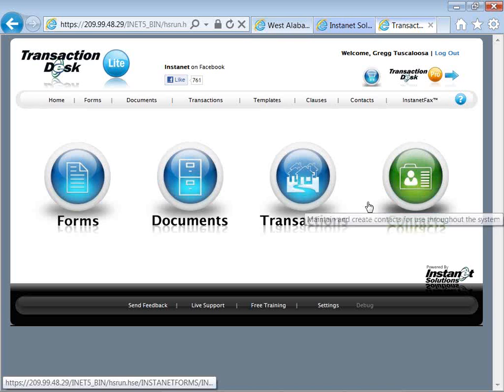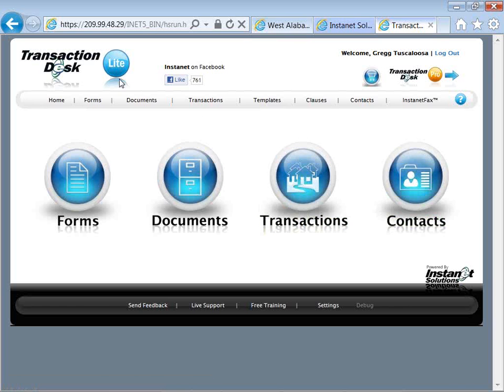And you'll see that top left-hand corner says TransactionDesk Lite, as opposed to the top right corner right now where it says TransactionDesk Pro. It is the same exact account. There are no differences in the two accounts. It's not an upgrade to get to Pro or anything like that. They're two views into the same exact account. The Lite view is just less is more. It's fewer features, fewer choices to get started, just to get introduced to online transaction management, typing up forms, creating transactions,